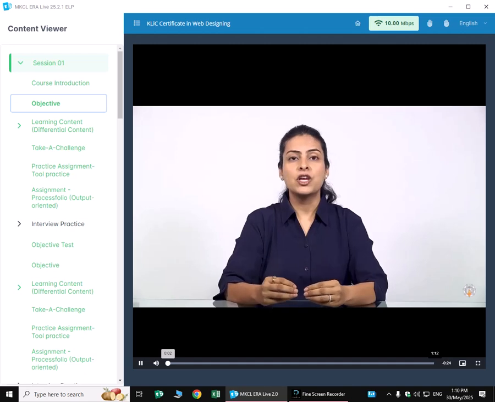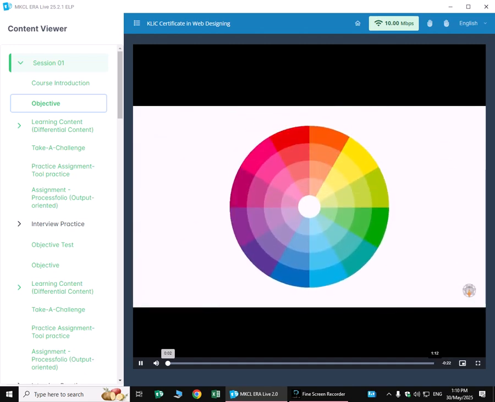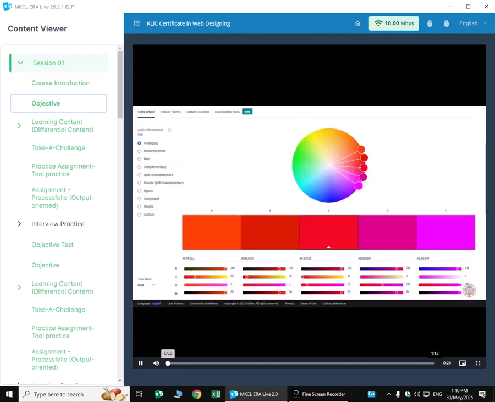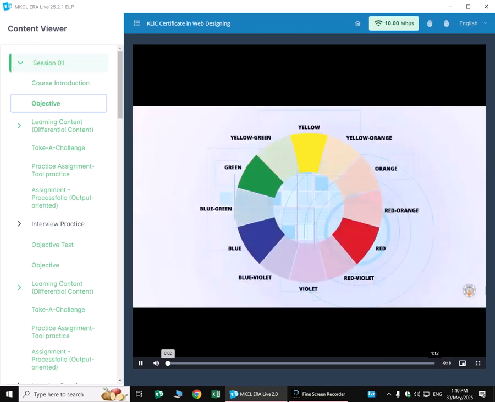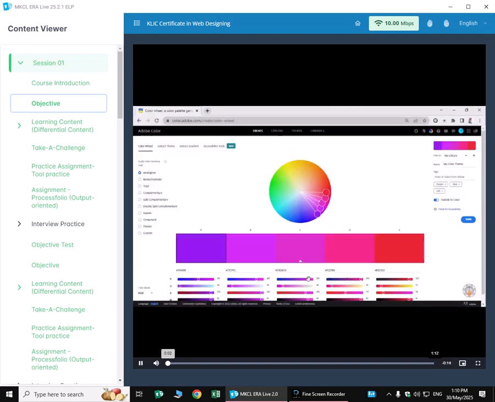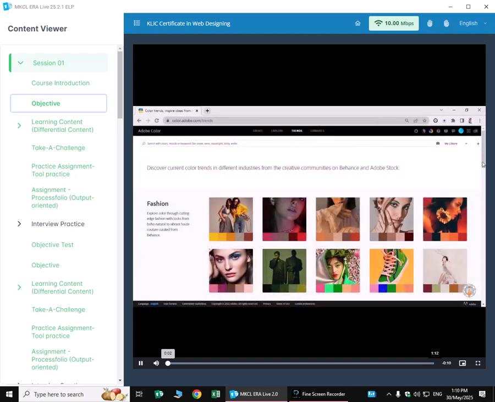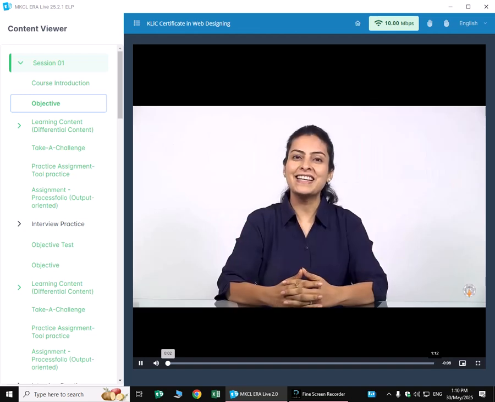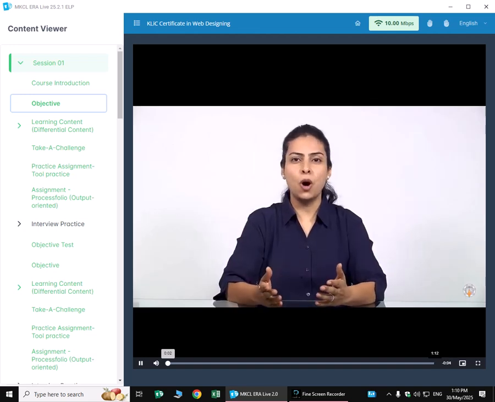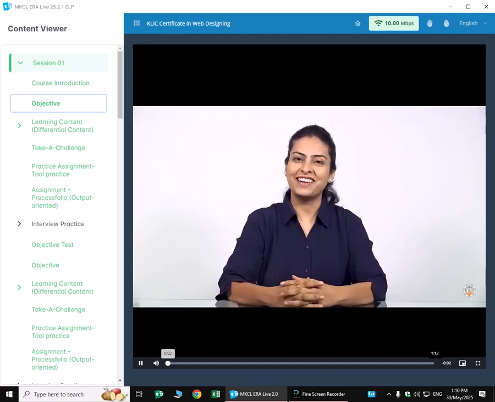Following this, you learn about the color wheel and Adobe Color in detail. Moving ahead, you learn about the different color schemes and some examples of good color schemes. Finally, it sums up tips for choosing the correct colors for your website. So get, set, and create your website with the right choice of color.